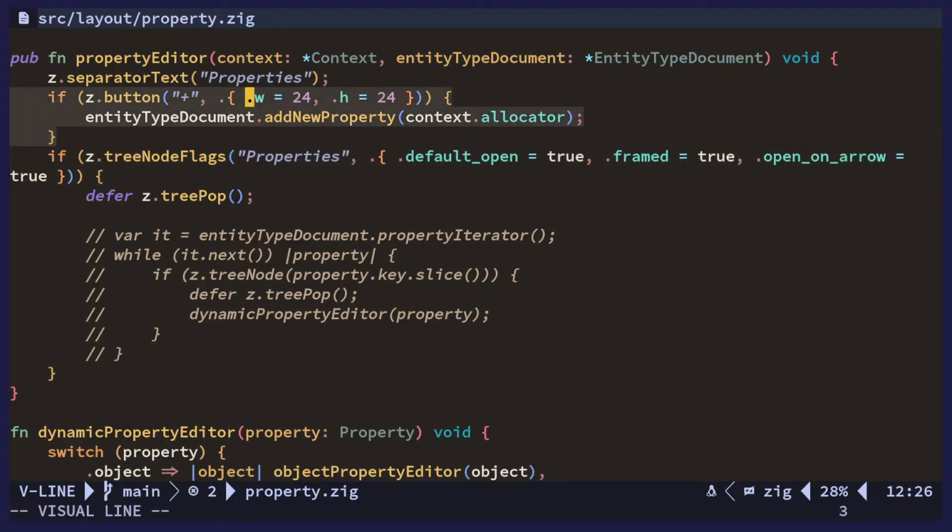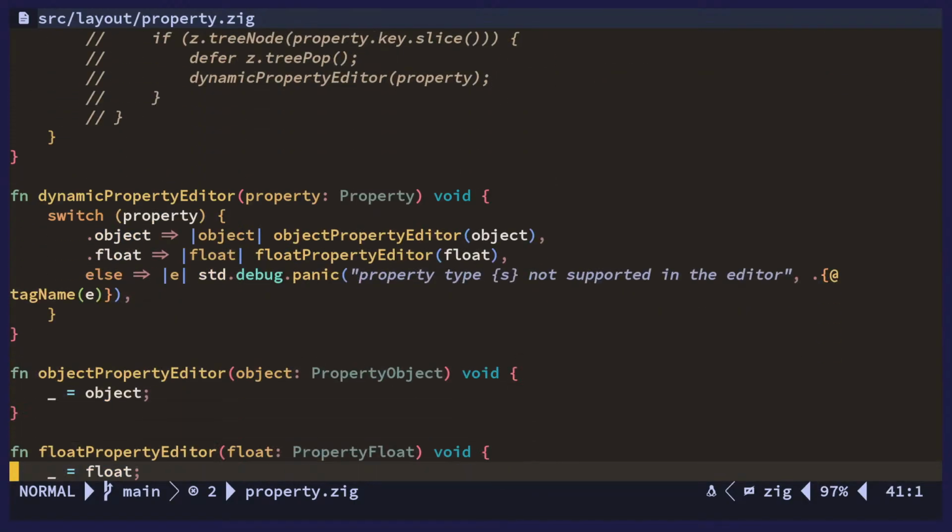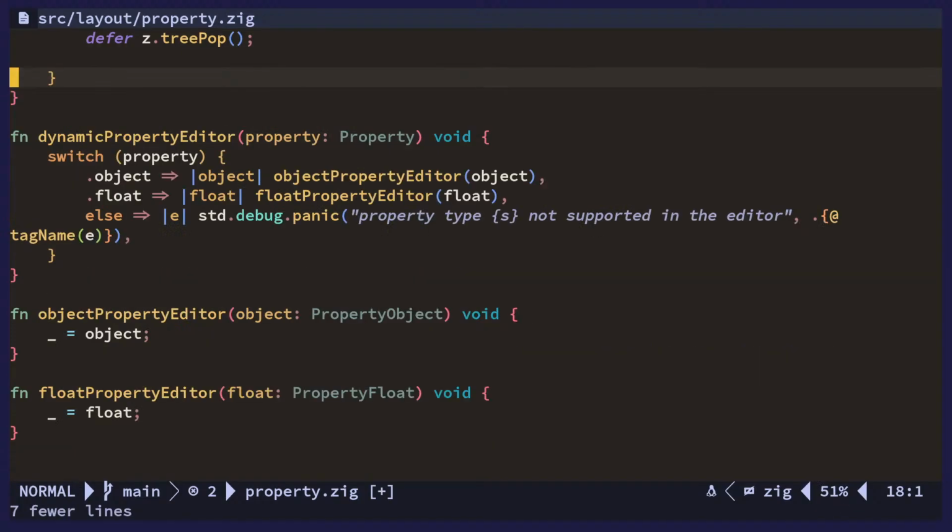We also have this button here, where you can add new properties. But we have the root of the tree here, and then you can add all the nodes. So I'm thinking the first nodes are going to be the nodes of the object,